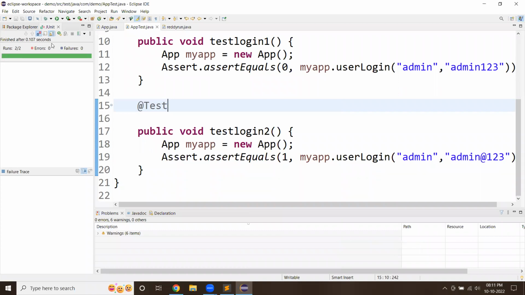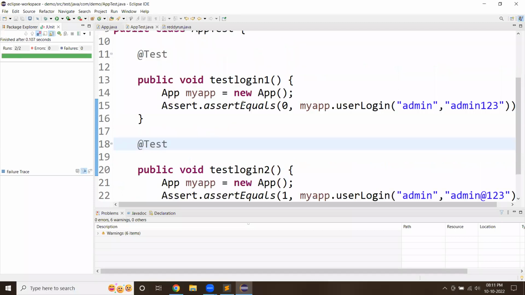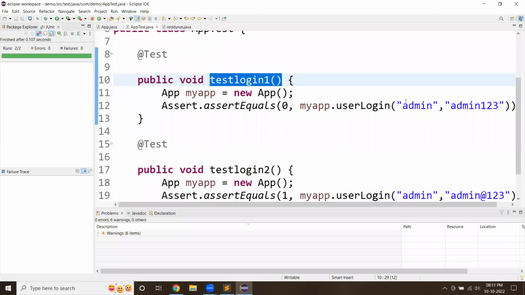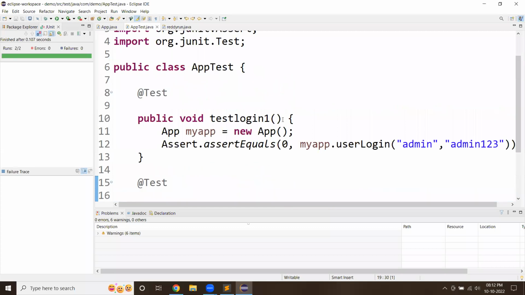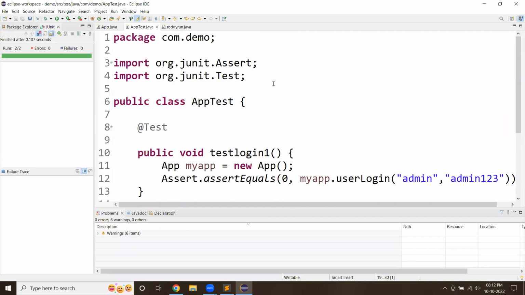Look at this. 2 different types of test cases are available here. One is this particular test case. If admin123 has been given, which gives you 0, yes, it is passed. And admin@123 has been given, which will give you 1, yes, it is also passed. Both get passed here. So in this way, you can check the Maven execution. If time allows me, I'd like to explain the same in the classroom by